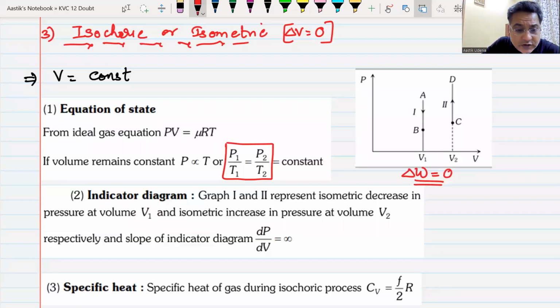Okay, then we move on to the next point. And remember, we are doing it in the same order. Yes, what happened, beta? Sir, 1 minute, sir. Noting down. The next point is